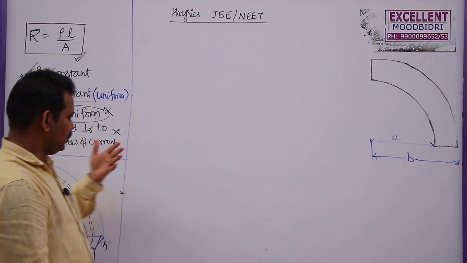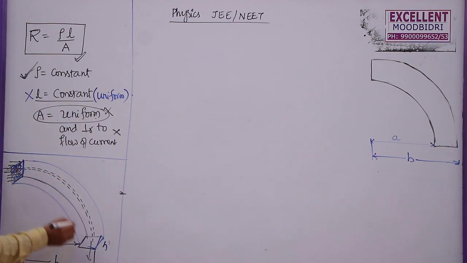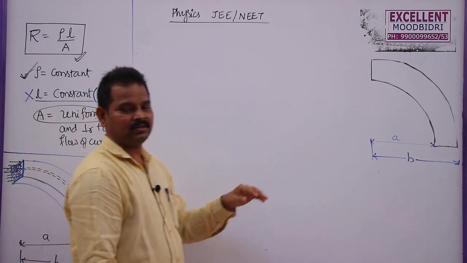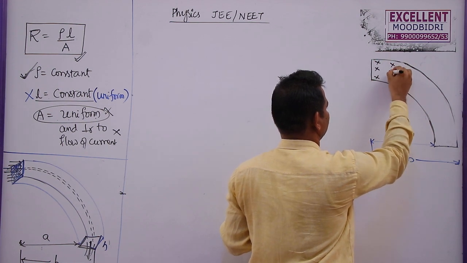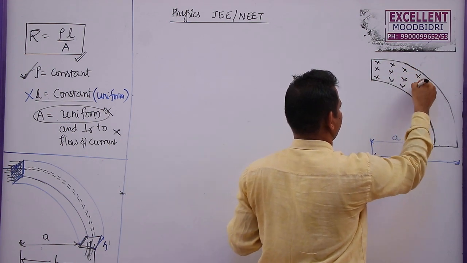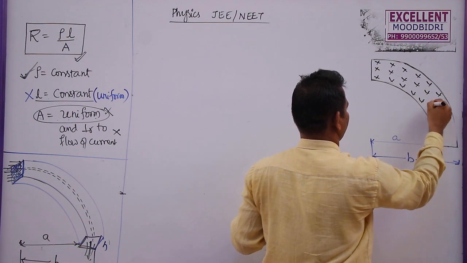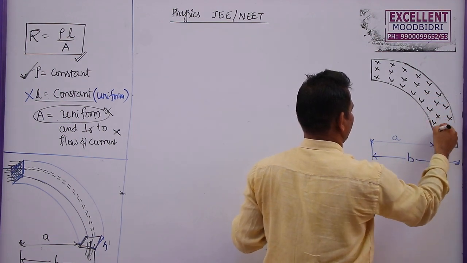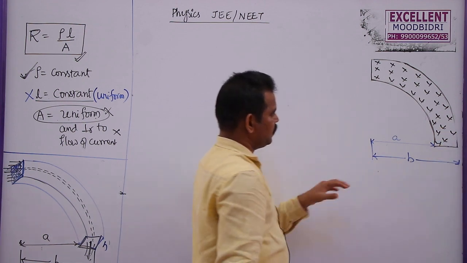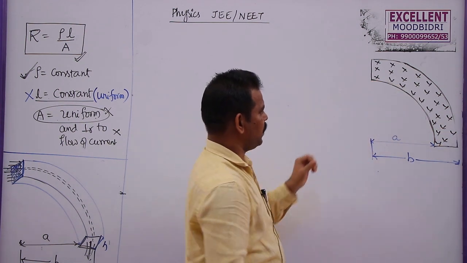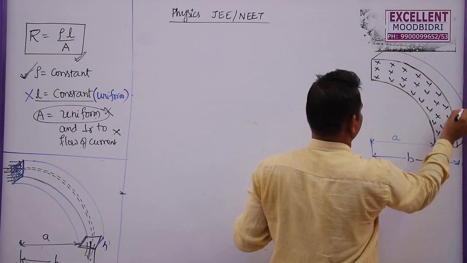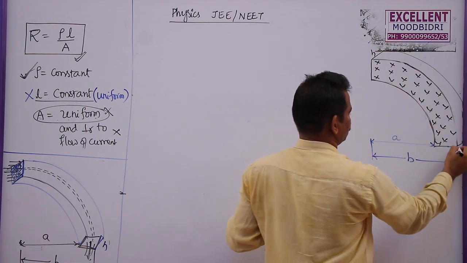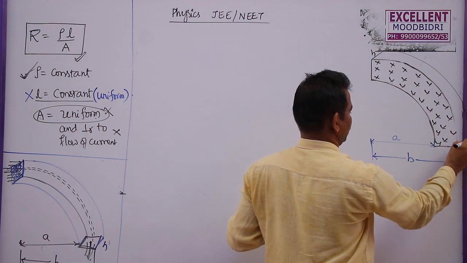Same case, but previously the current was entering here and leaving here, perpendicular to this area. Let us say current is flowing through this pipe into the board like this. This is the direction of current. So, if the current is entering into the paper, now let us say the thickness of this one is h. This is also h here, this is the h.